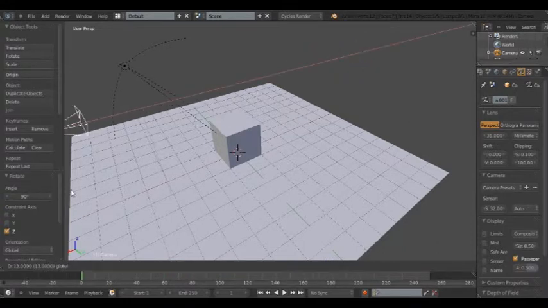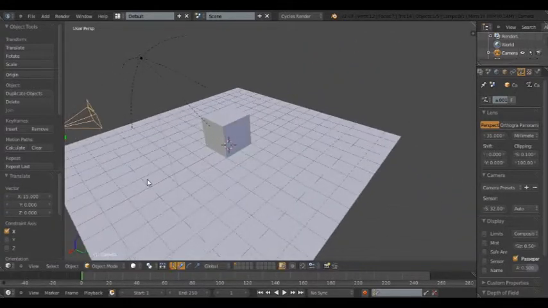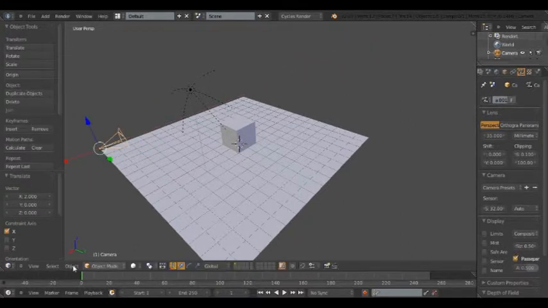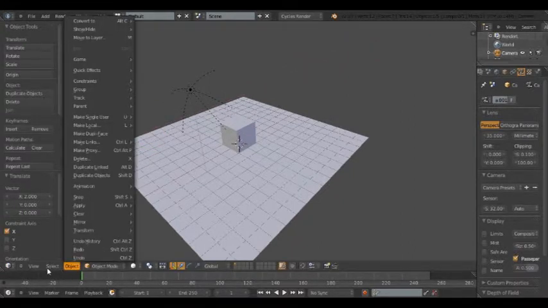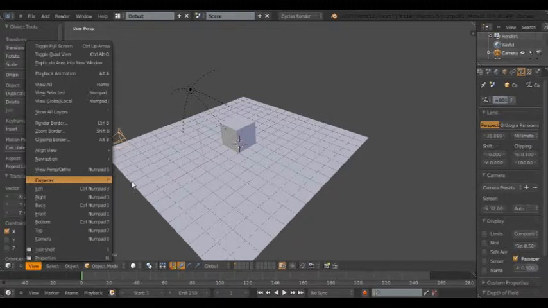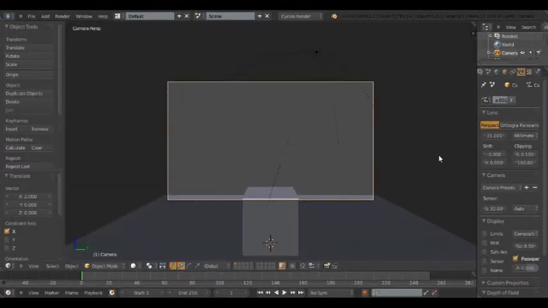We can just pull it over here, and to position it correctly, we can now simply go here, press active camera, but we can't really move it